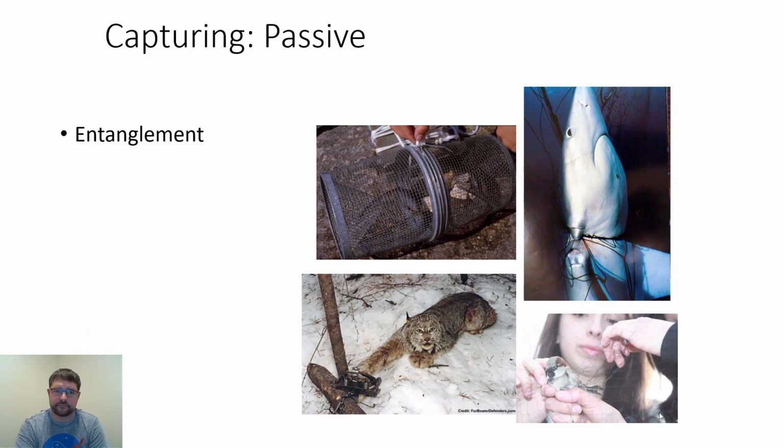Okay. So first of all, there's entanglement traps that are passive. So things like this picture here of this shark with the net around its kind of gill area. This is called a gill net, and gill nets are utilized every day in all bodies of water, pretty much in the world, to capture fish. It's an extremely good method to capture fish. There's problems with it,